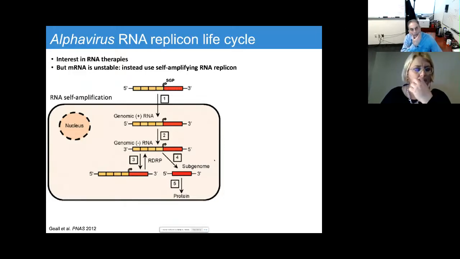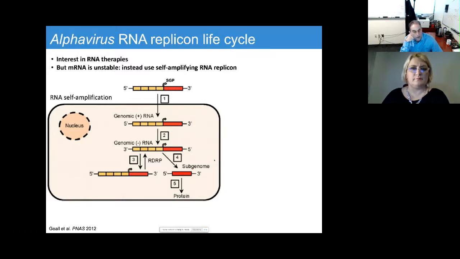The problem, so this messenger RNA approach, it seems to be working amazing for vaccination, partly perhaps because you don't need to produce a whole lot of antigen. However, for situations such as cancer, you need to be able to make lots and lots of your therapeutic protein. The dosage really matters, and you need high dosage. So rather than using messenger RNA, what we are using is self-amplifying RNA. Okay, and this is based on an alpha virus RNA. This is a virus that has RNA that actually replicates itself.